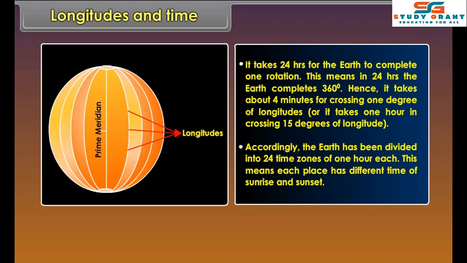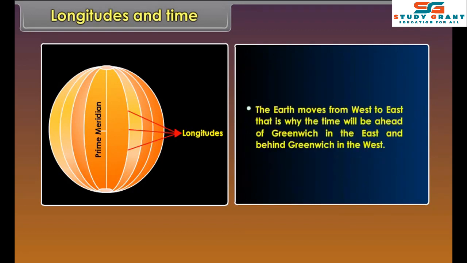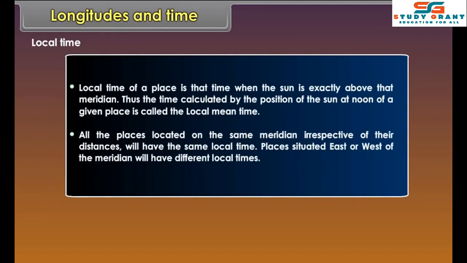Longitudes and time. Longitudes help us to calculate time. Time is measured by the movement of the Earth. The Earth moves on its axis from west to east. It is called rotation. It takes 24 hours for the Earth to complete one rotation. This means in 24 hours the Earth completes 360 degrees. Hence, it takes about 4 minutes for crossing 1 degree of longitude, or it takes 1 hour in crossing 15